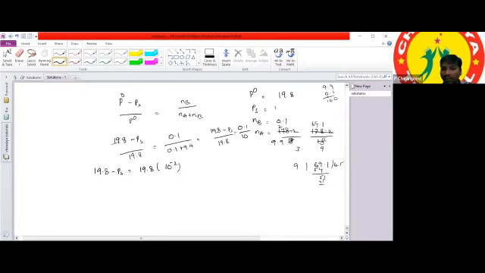If 10 power minus 2, how much value will we get? What is the value? 19.8 divided by 100. 19.8 divided by 100, I think we'll get 0.198 only. What is the value you'll get? 0.198. So then PS is equal to